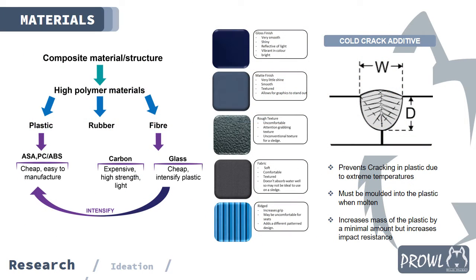Polyethylene has dominated this plastic manufacturing process. It's a very versatile material, making it easy to shape as well as having additional qualities, such as being impact resistant and weather resistant. We looked at different textures to increase the aesthetic appeal of the body as well as